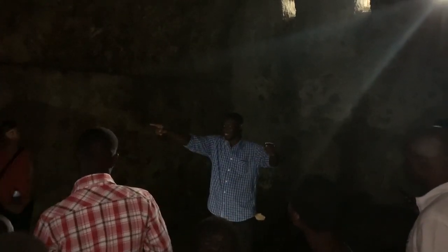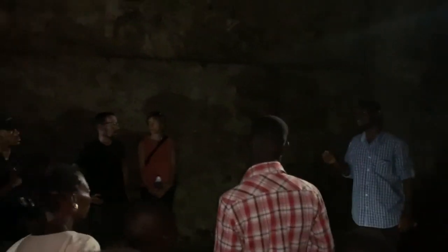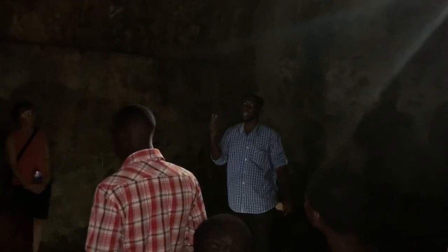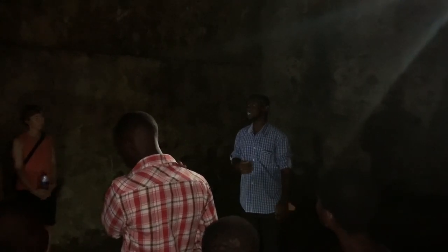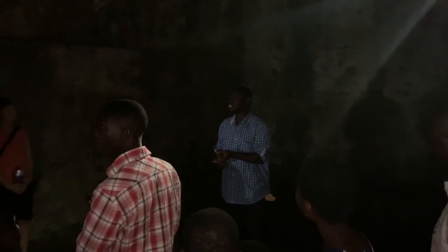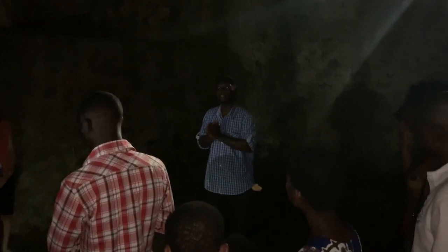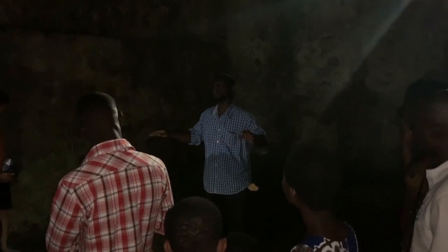There was nothing like light as you see now. The room was very dark. Being in darkness for a very long time, whenever they had the opportunity to move outside, the sun rays affected their eyes. Many of them became partially blind whenever they were exposed to the sun. Because they had to defecate, urinate, and do all sorts of things in here, the end result was malaria, diarrhea, fever, dysentery. By the time the slave ships would be ready for them to move, many of them had lost their lives